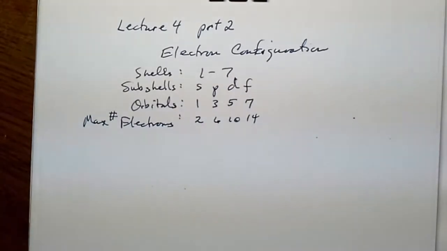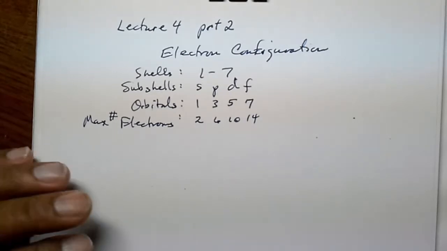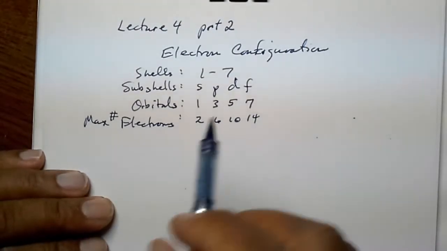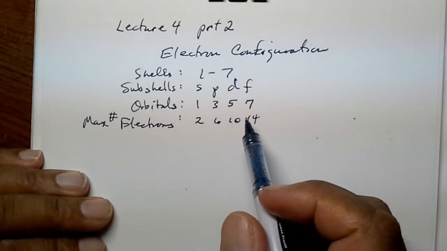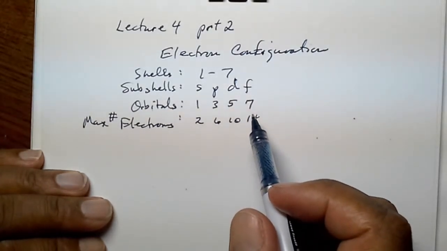Now, if we wanted to lay out the electron configuration of a particular element, then we have to show a certain pattern because the energy required for electrons to exist in these shells and subshells is different, but it is predictable. And so this is how we can predict the